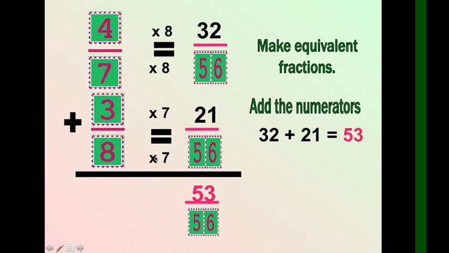Sa ibaba naman, meron tayong 8 as our denominator. Paano natin makuha yung 56? So, multiply it by 7. 8 times 7 is 56. And 3 times 7 is 21. Since pareho na ang denominator natin, we can now copy the denominator and add the numerator. 32 plus 21 is equal to 53. Therefore, our final answer is 53 over